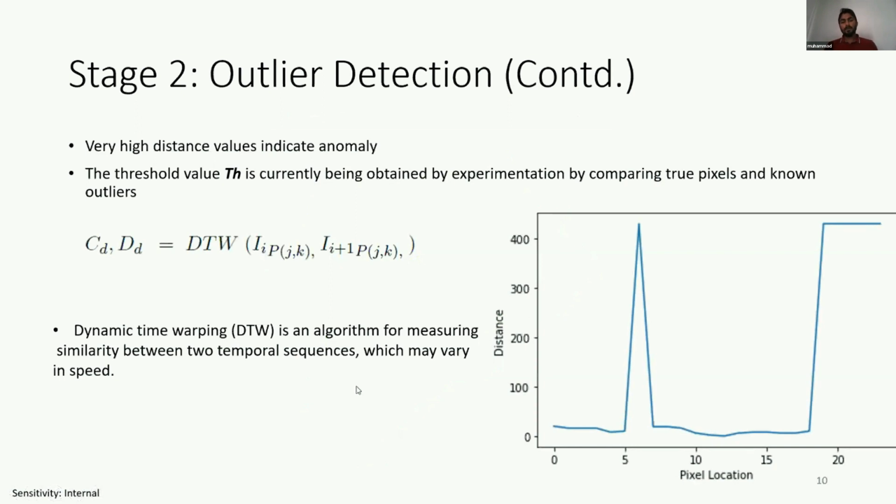Now, dynamic time warping is used to measure the similarity between 2 temporal sequences, and I'm using that to measure the similarity between the pixels. The output is in the form of a distance. As in the graph on your right, obtained from the experimentation, a very high spike in the distance value means that the images or the pixels are very different. Like temperature from today and tomorrow,